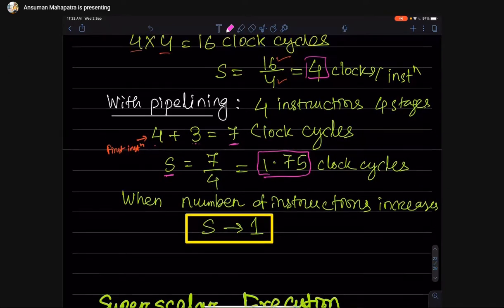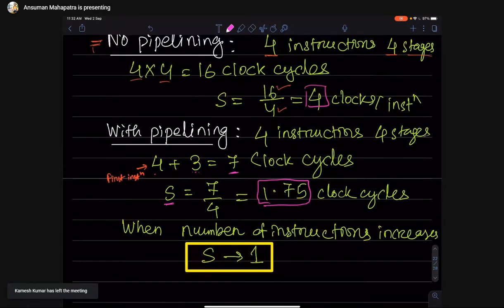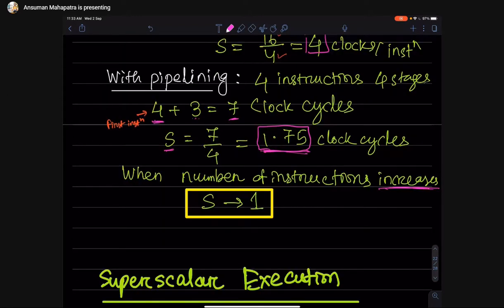If the number of instructions is more, here in this case we have only executed 4 instructions and we got an S value of 1.75. If the number of instructions is more than 4, then S will tend to 1.